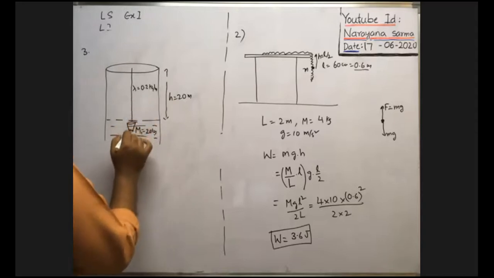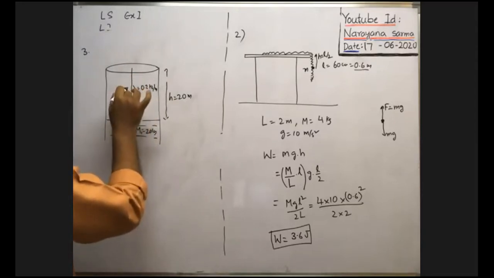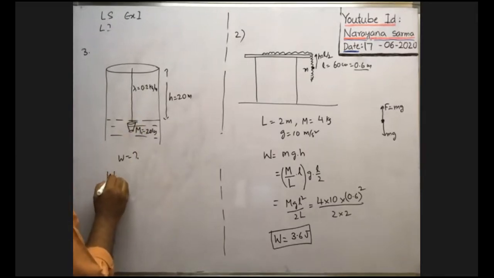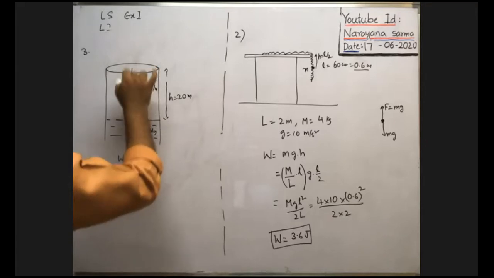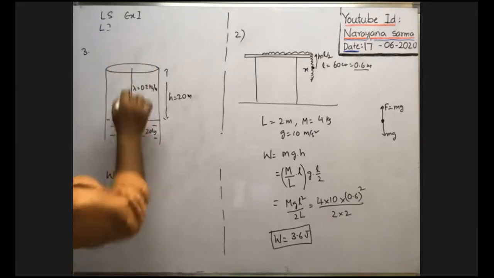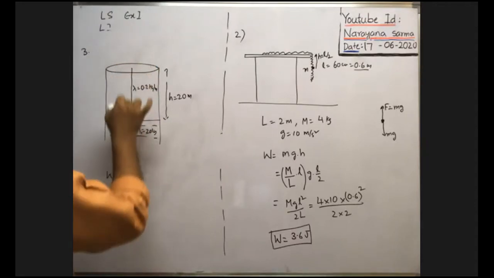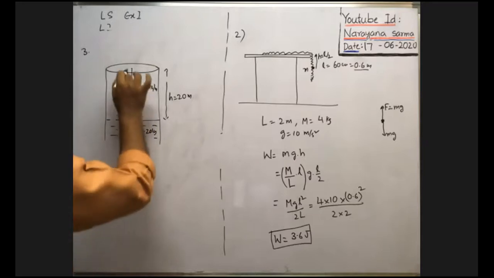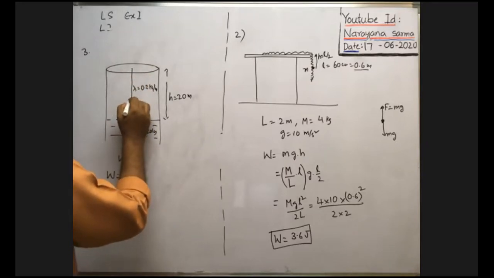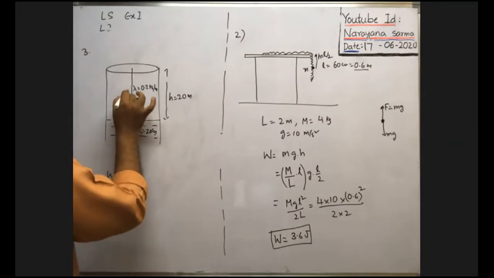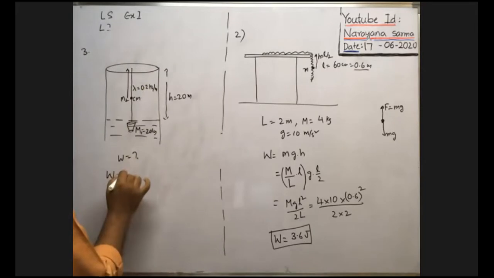Now to lift the water, first we have to lift the rope also, then we can lift the bucket. That's why work done to lift the water is equal to work done to lift the rope plus work done to lift the bucket. Here, the rope is an extended object. The mass is extended from this end to this end up to a certain length. To lift the extended object upwards, you consider the central mass. At the central mass lies the mass of the entire rope, say M2.